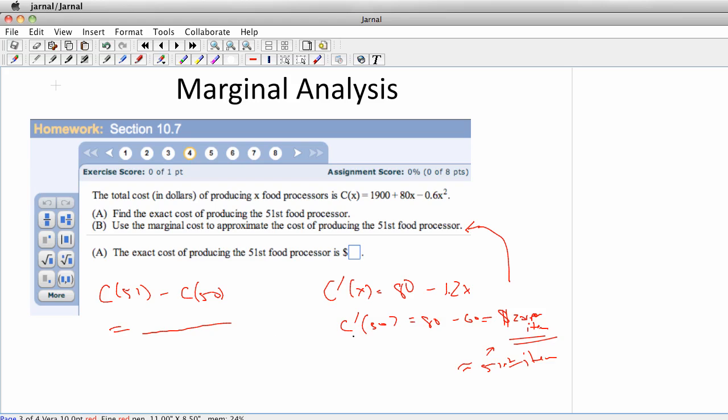And what you should see is that your answer to part B is a good, quick approximation. It's much easier to do part B once you know calculus, but that gives you a nice, quick approximation for the answer to part A. So that's a good way of thinking about what marginal analysis is telling us, whether it's marginal cost, marginal revenue,